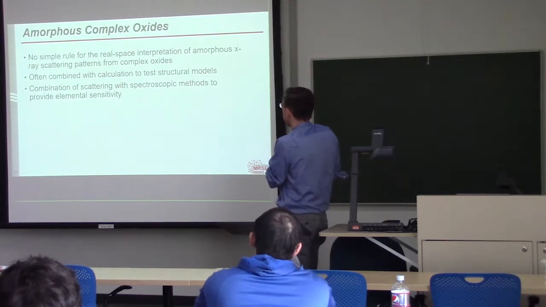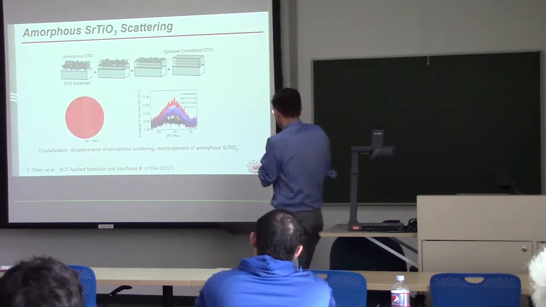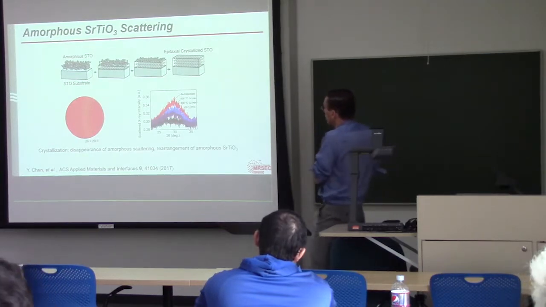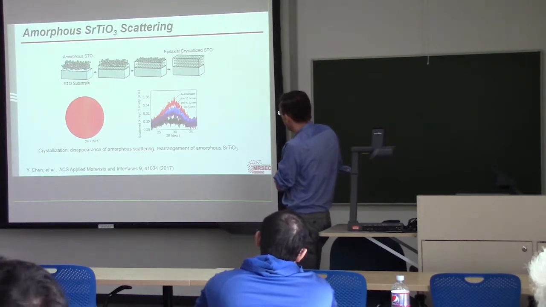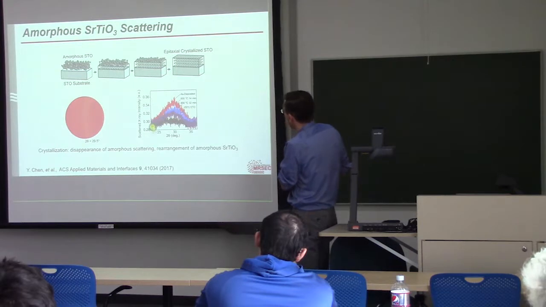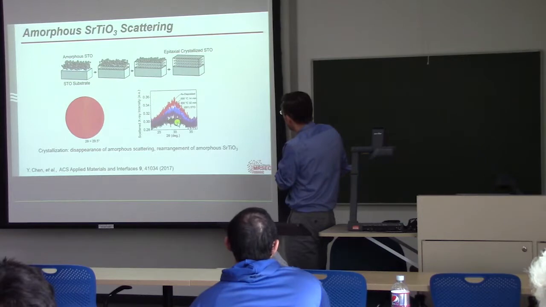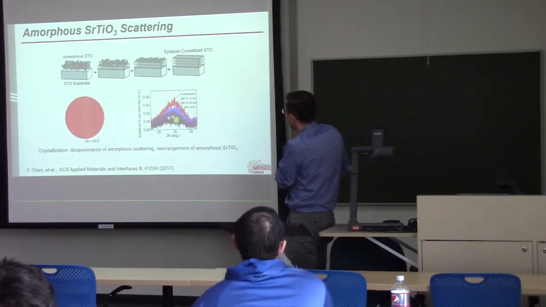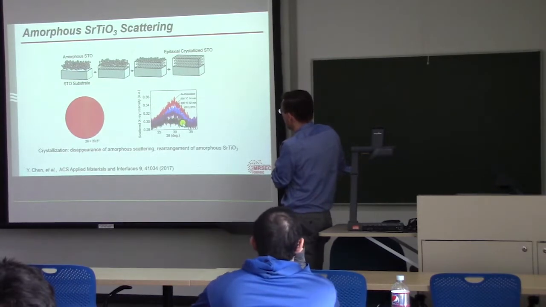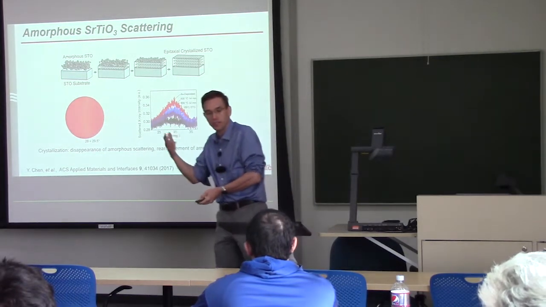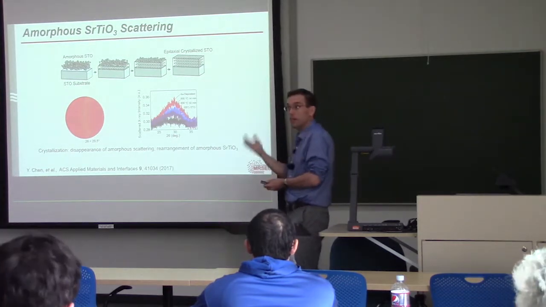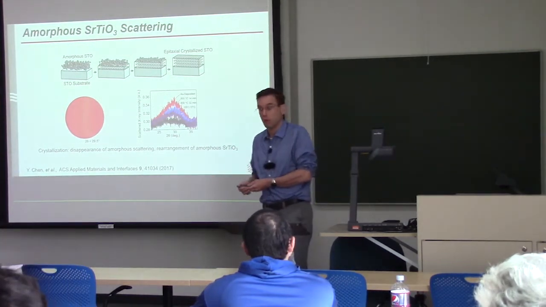It's highly interesting. And let me go back and show you one thing from MRSEC's work. This is Yajin Chen's work on strontium titanate. I'm showing a very narrow range of X-ray scattering Qs here. In fact, it's not even plotted as Qs. It's plotted as 2 thetas. But if you look carefully, right before it crystallizes, it actually changes the shape of this amorphous peak and shifts it a little bit to the right. So the question is, is part of the crystallization process a reconfiguration of the amorphous form of the material?